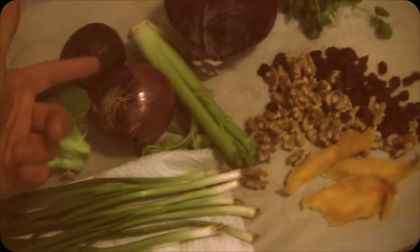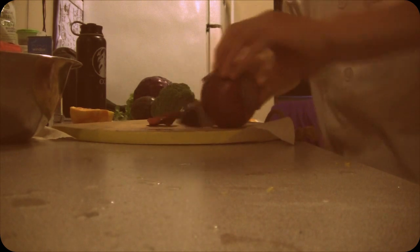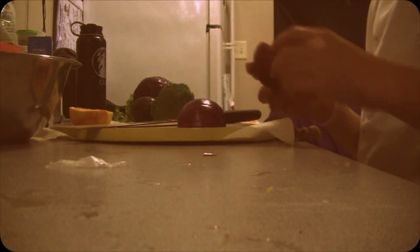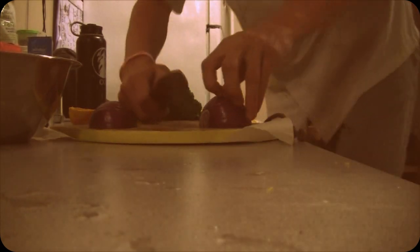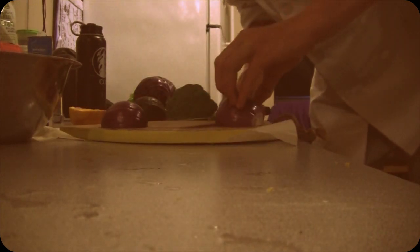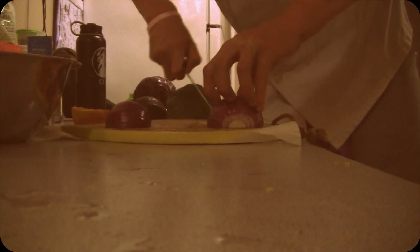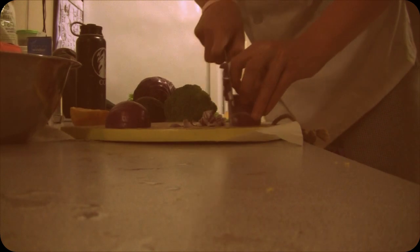Let's chop the onion. When I cut an onion, I like to start by just cutting both ends of it off. I like to cut it in half. Another thing that has layers are humans, and ogres have layers. There's the root right there, the root end. So you want to take your blade. Careful, you hold your blade like this, careful with your hands. You want to pretty much cut the onion in half, and just cut down. I do it again this way, and then...